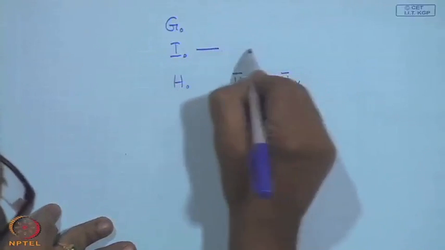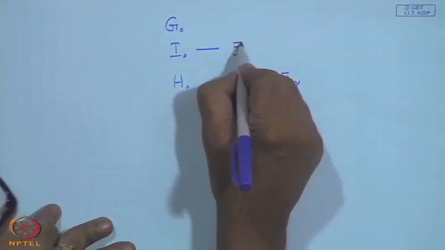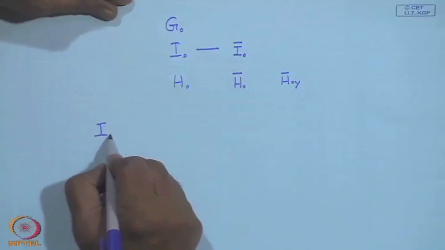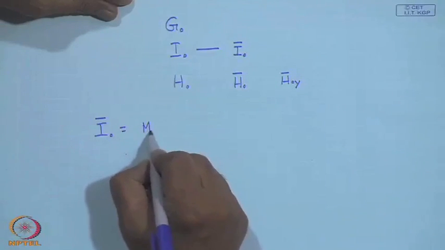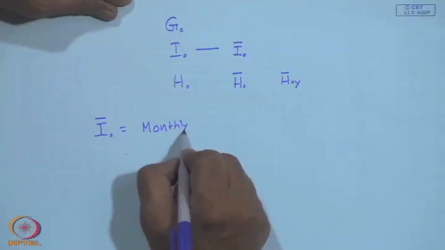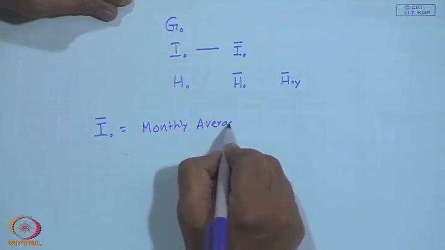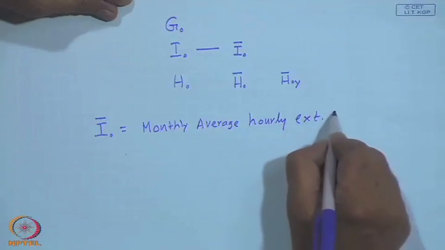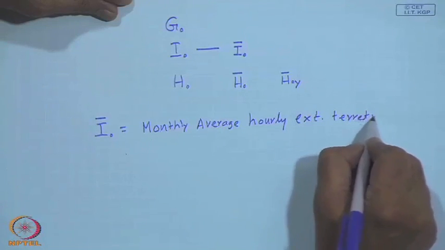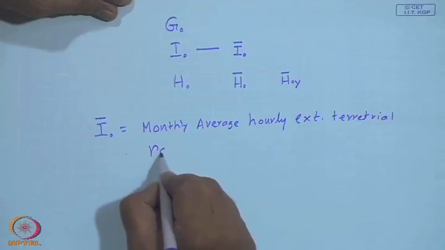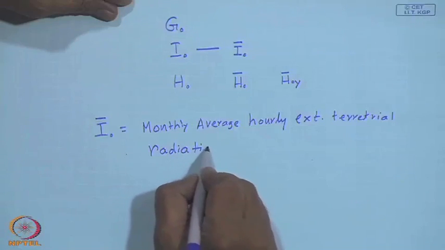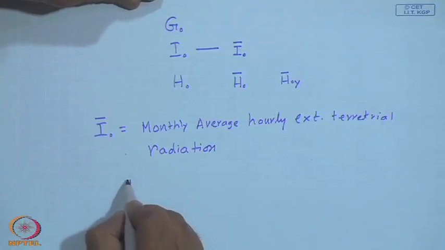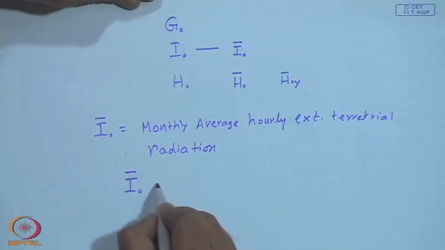One can also define I0 bar, that is, you can call it monthly average hourly extraterrestrial radiation. So, we may define this I0 bar as